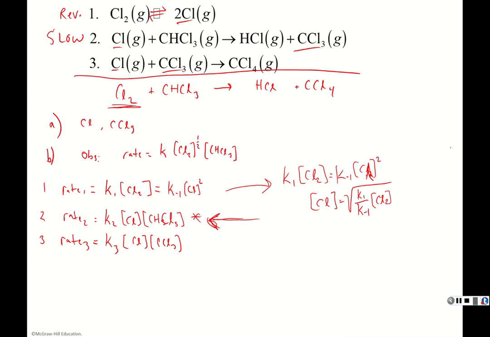Okay. So we've solved this for Cl. Now we plug this value into this equation. So when we do that, now we have the rate of step 2 is equal to